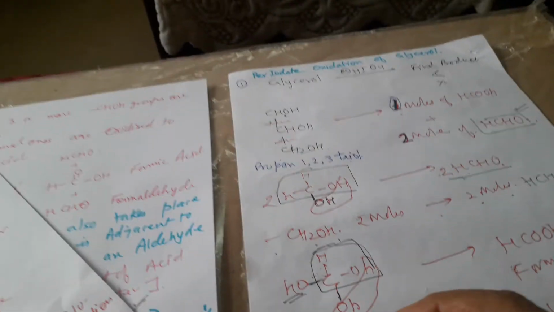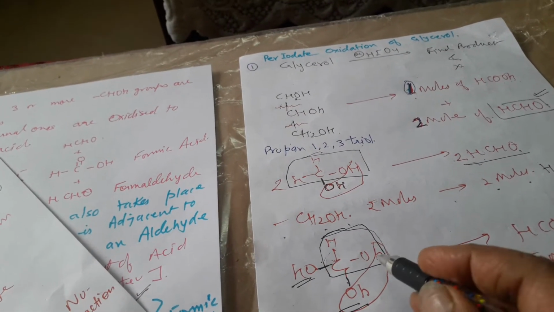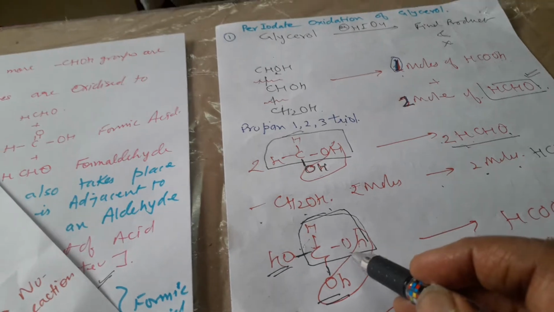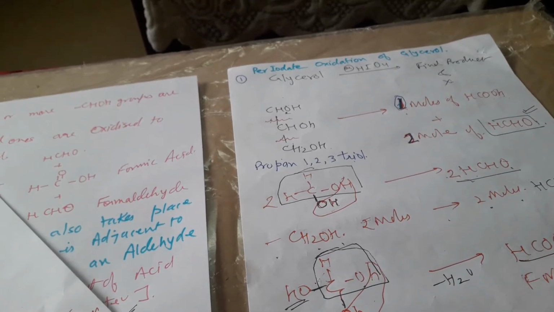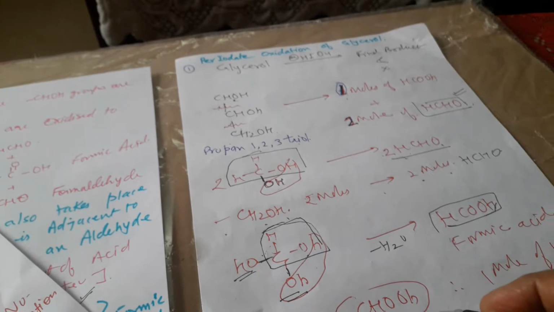This OH group and this OH group from HIO4. Since two OH groups cannot reside together for a long period of time, water will be lost over here and you will get HC double bond O, OH over here. That is called formic acid. Is that clear? If one CHOH group is there,